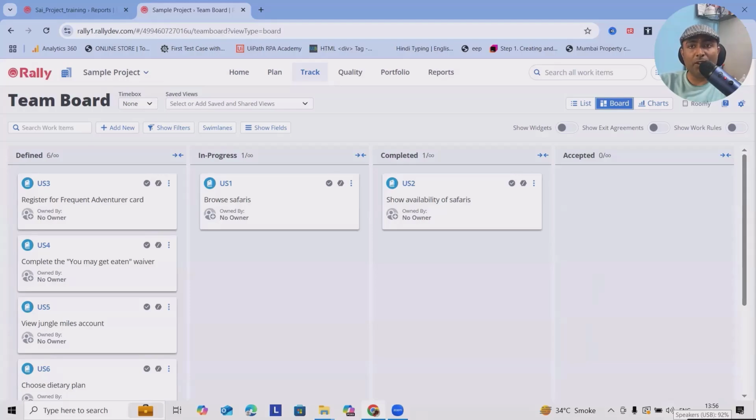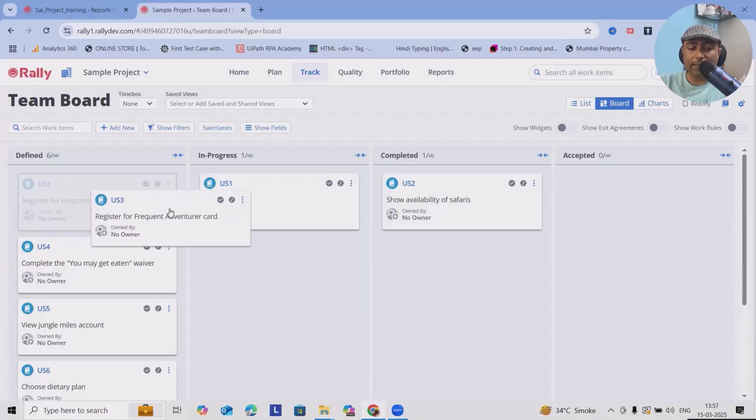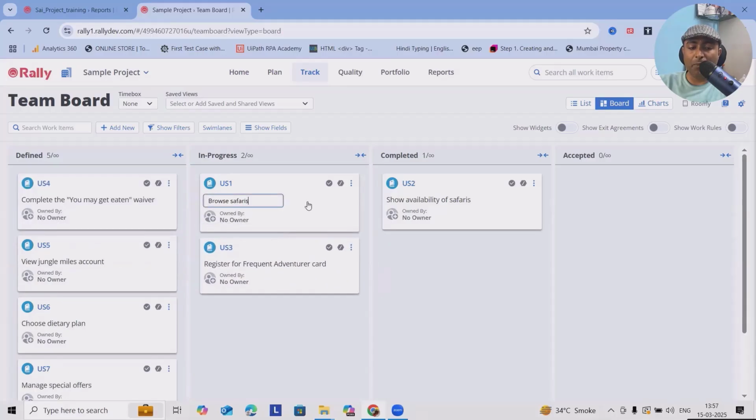So Team Board provides a Kanban-style view, allowing you to visualize the flow of work from To Do to In Progress and Done. This makes it easy to identify bottlenecks and optimize your team's productivity. If you think the work has been started, we can just drag and drop. At any point of time we want to modify it, click on Styles and it will give you options